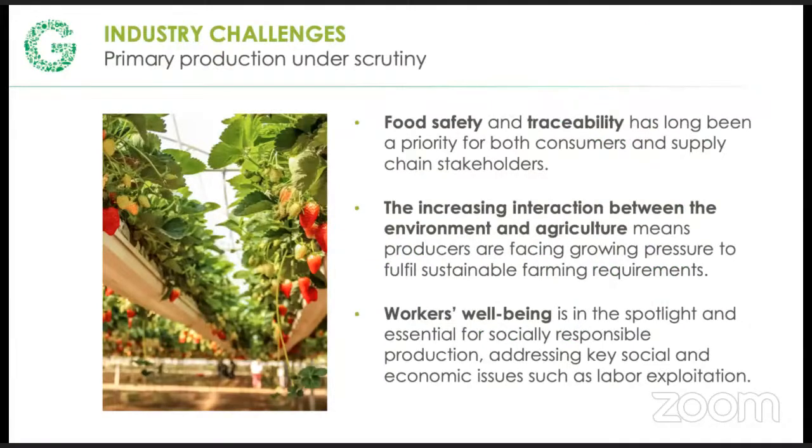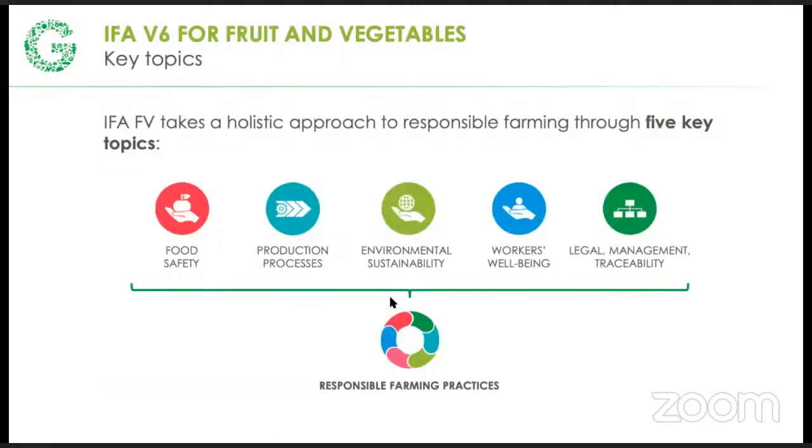So a little bit on that, in terms of how they actually spell it out in the standard. They'll call out several areas that include food safety, making sure things are traceable. When we think of sustainable farming, they'll like to see, as you are doing a farming operation, how are you going about doing your fertilizers? Are you harming the environment as you're doing that? They try to look at things like your workers. Are they safe? Are you providing them with what they need to work safely? So that's an example of the focus areas.